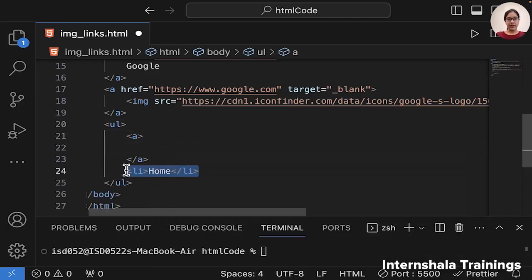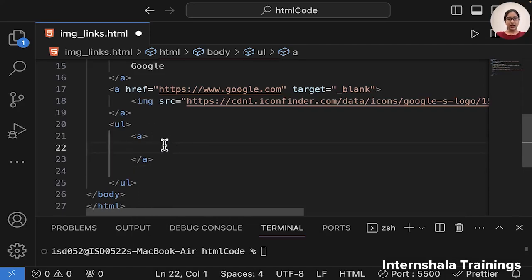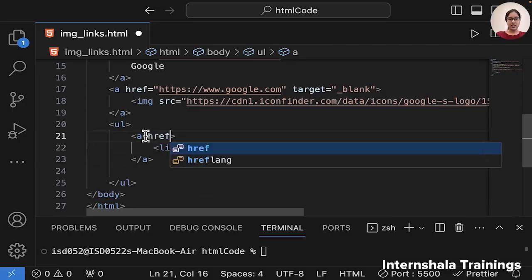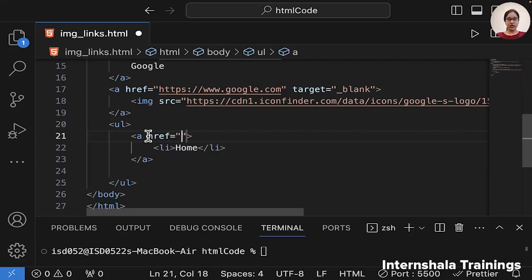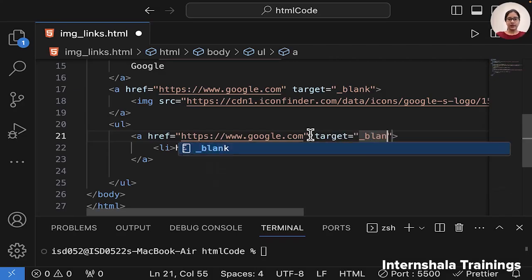So again I can wrap it inside this anchor tag like this, and I can specify href is equals to, and you can create your own links, like we'll be doing in future. But for now, whatever path you want to give, you can specify that path, and you are saying target is equals to blank, right?